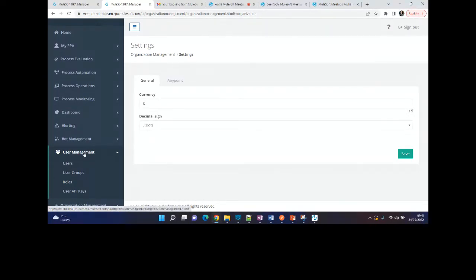So this is the user management, which you can see here. I cannot open all of them because I would not want to expose the users who are using this. But basically, these are the different users. You can create user groups, you can give them different roles, and you can create an API key as well. This API key you can use when you're invoking your RPA process from an external source. You can generate that API key. So yes, in this user management, you can do complete access management.